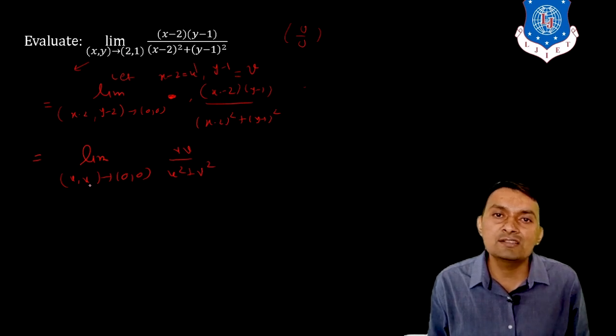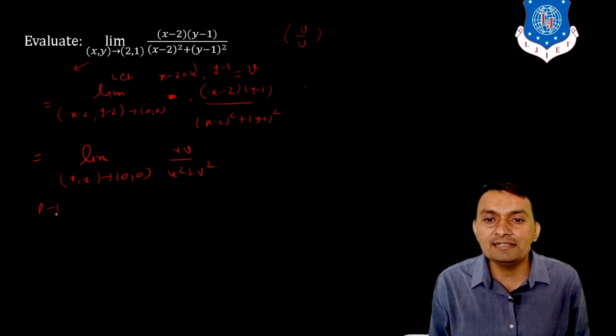Now you can solve this question in two ways. Now we are going to determine the limit at the origin. Otherwise, you may use the simple concept of polar form. That is the best way. But I'm not going to consider the polar way; I will go through the uv plane and assume different paths to determine the limit at the origin. Path number 1: first I assume that u is equal to 0. So 0 divided by v square, so the answer will be 0. Path number 2: first we assume that v tends to 0. So 0 divided by u square, so the answer will be 0.